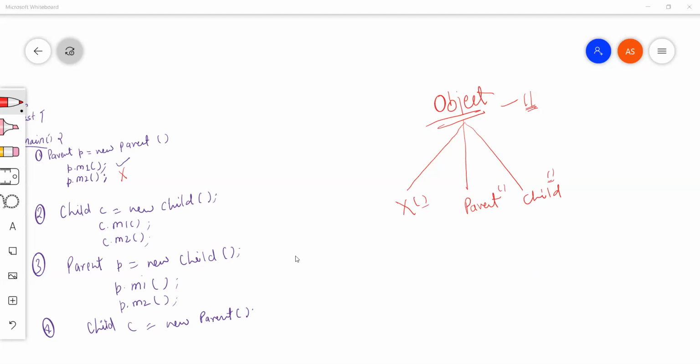Now if we go further deep down, like instead of writing these, I'll take example of Java classes itself first, then we'll move forward.